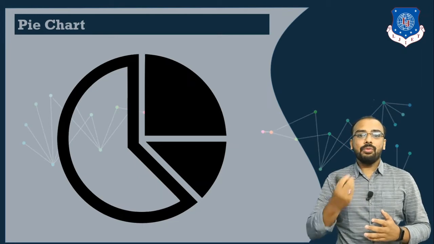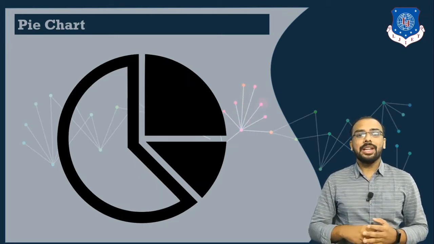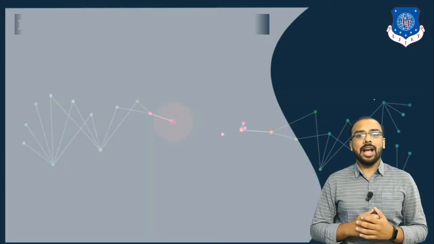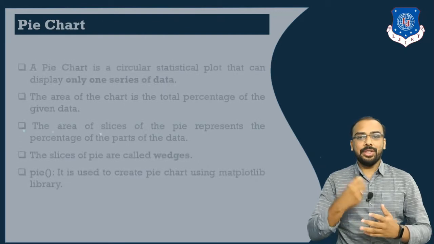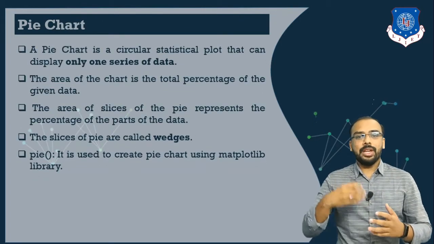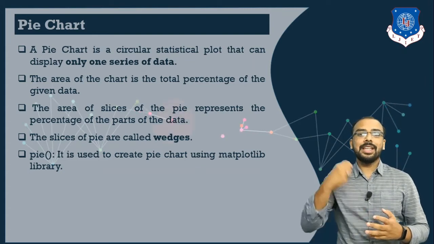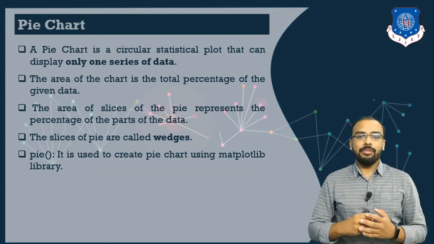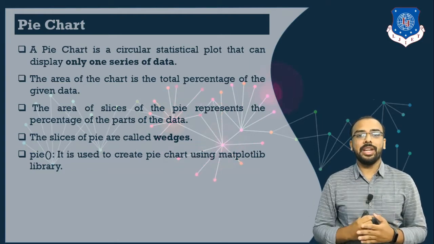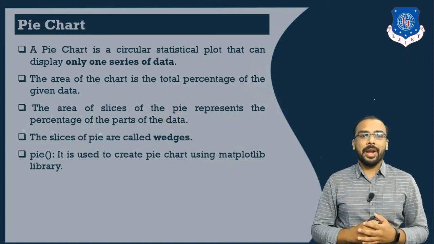How can we use this pie chart, what is the perspective of the pie chart? Let us cover that portion first. So first we will see how we can work with a pie chart. Pie chart, as we know, is circular. Whenever we want to perform visualization on a single series of data, at that particular time we have to use our pie chart.